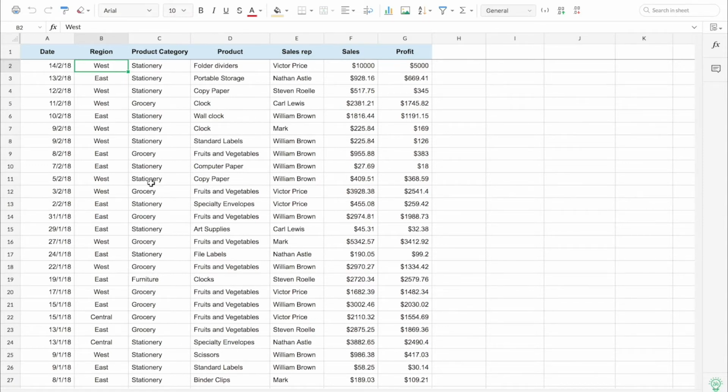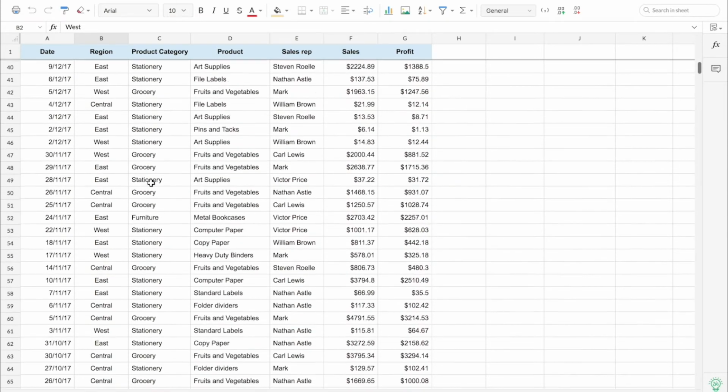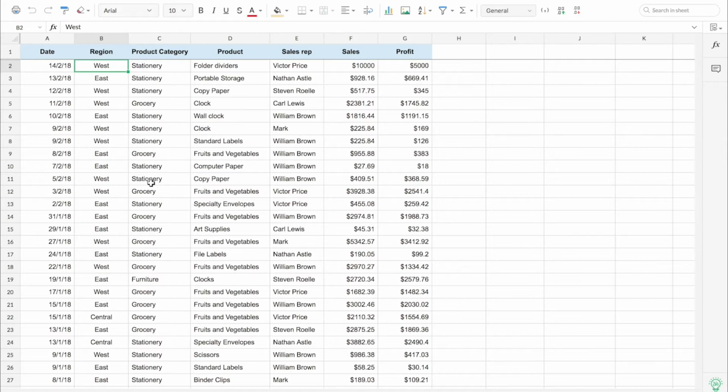As you can notice, this data is really vast with hundreds and hundreds of rows, and it is really hard for you to derive any conclusions from it or even study it. So now let's create a pivot table for this data set and see how we can consolidate and study this data set. First up, I'm going to create a pivot table using which I can study the region-wise sales of each product category. Now just place the selection anywhere in the data set.